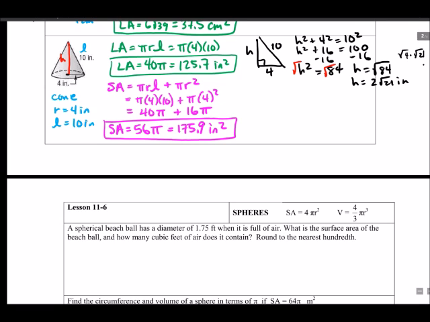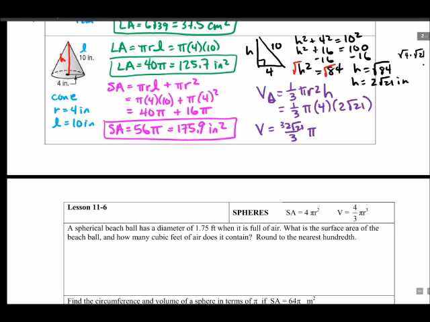Now, to find the volume of a cone, it has its own special formula. It's still the same formula, 1/3 times the area of the base, which is pi r squared, times the height of our cone. And so we simply put our numbers in. 1/3 times pi, our radius squared is 4 squared, and the height is 2 square root 21. And so what we end up with is the volume of our cone is 32 square root 21 over 3